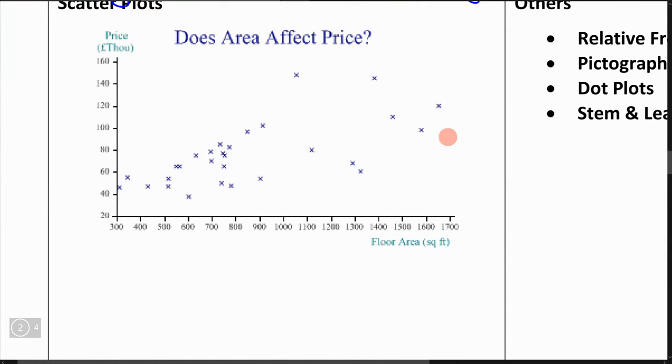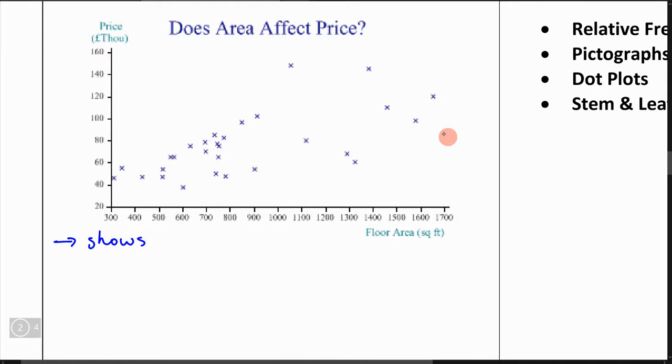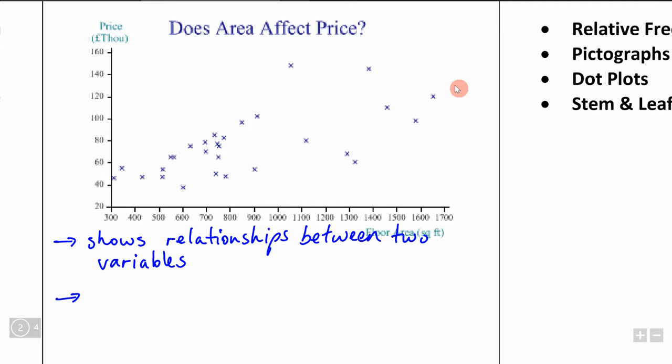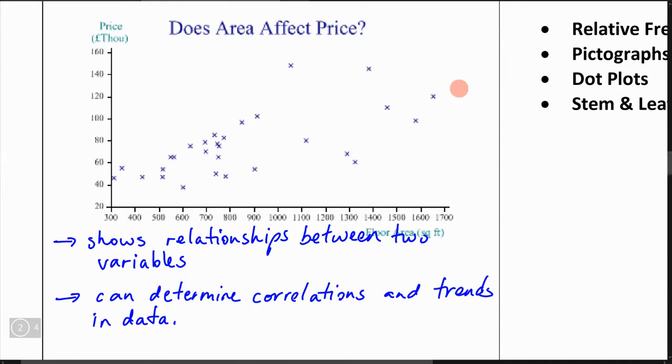You also have graphs that you might be familiar with, like scatter plots, since grade 9. So this shows relationships between two variables. I'm going to be using this kind of graph for your ISU most likely because you are very familiar with it. And it's also very useful because you can determine correlations and trends in data. So you're going to take a whole bunch of data points